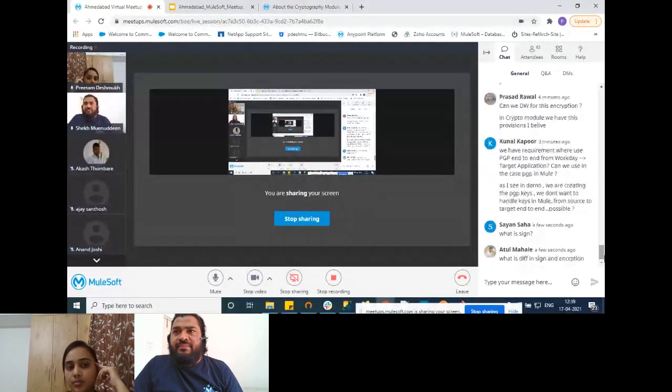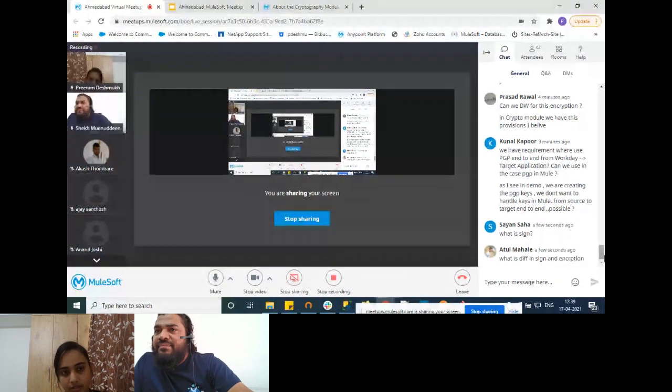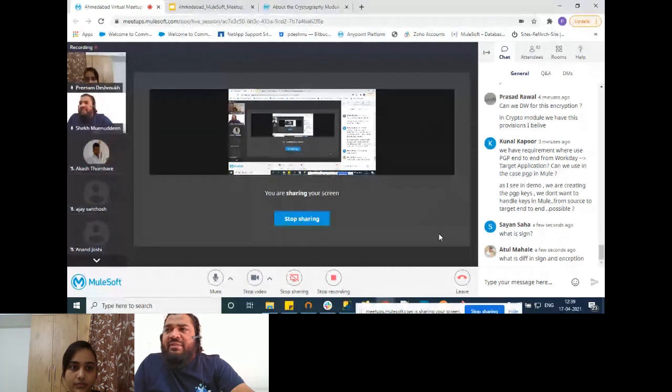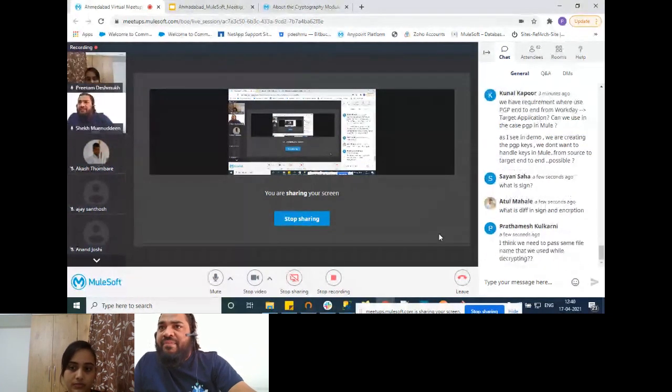There is no support for decryption. And there is also a limitation: only a few algorithms are supported in the crypto module, like HMAC, MD5, SHA-1 and hash. Those are the only algorithms supported.